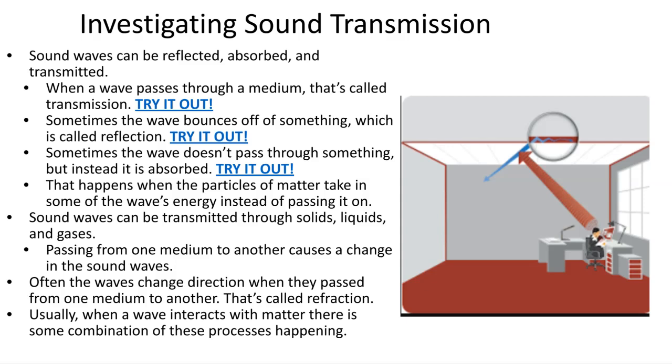So I'm talking right now, and the sound from my voice is being absorbed by the materials around me. It's being reflected off of the walls in my house. And it's being transmitted through the air, but it can also be transmitted through the walls. There's a wall right behind my couch, and if somebody was in that next room, they probably could hear a little muffle of my voice.